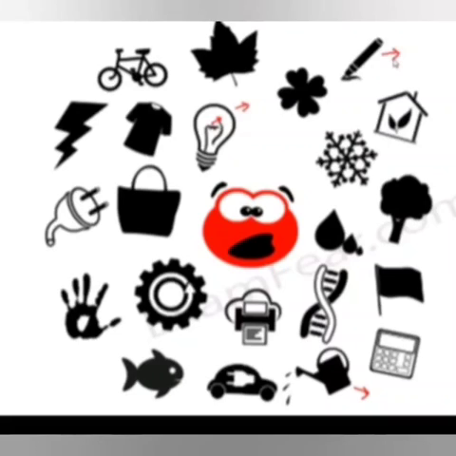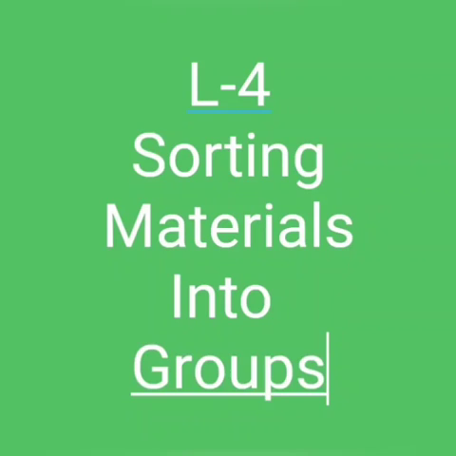Let us take another example, a bulb. A bulb contains glass and a metal known as a filament. Some objects can be made from different kinds of materials. In this lesson, we are going to understand why we sort materials into groups. First of all, sort. Sort means to classify objects into different groups. And material refers to the matter from which a thing is made. Basically, an object is made up of materials.